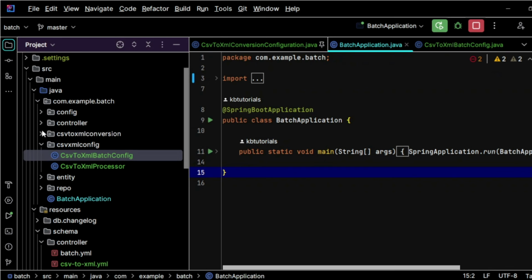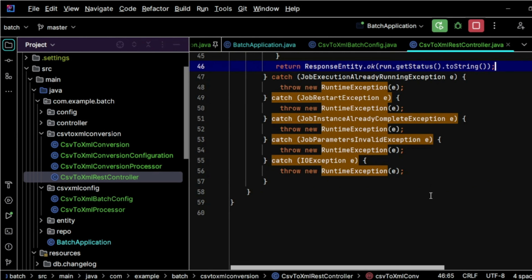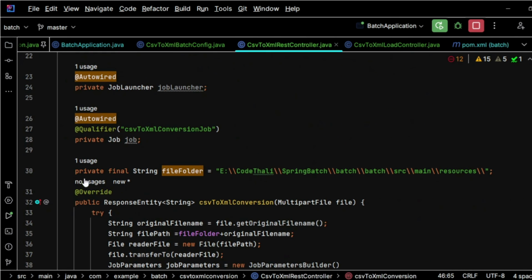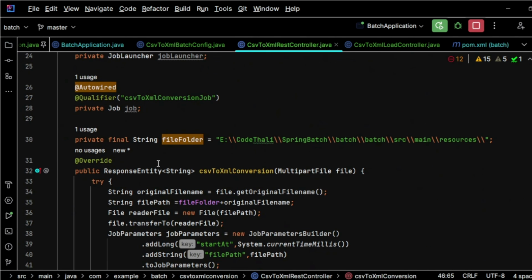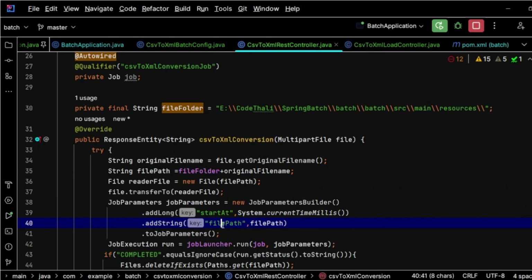Okay, here I have this controller. File folder, file path, original file name. I'm creating that thing here. Okay, string,